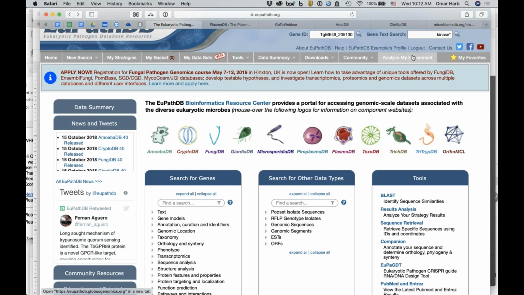For example, the ability to analyze your own experiments, and this is using the Galaxy platform. I know Marcus is very familiar with that. We're not going to go through details of Galaxy today, just because of the time. We can spend an entire day just working on Galaxy, but what we will do is show you a demo